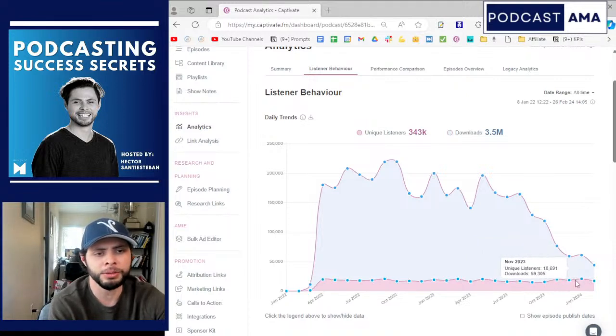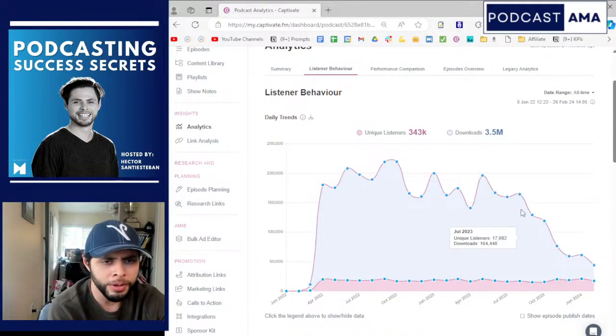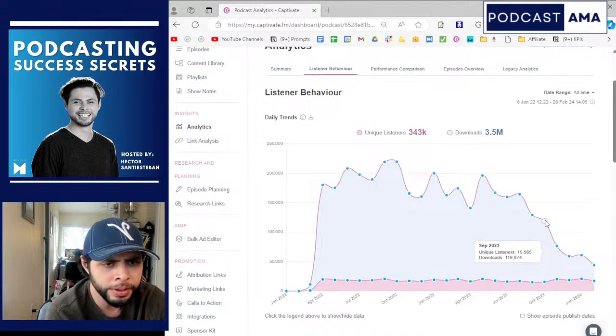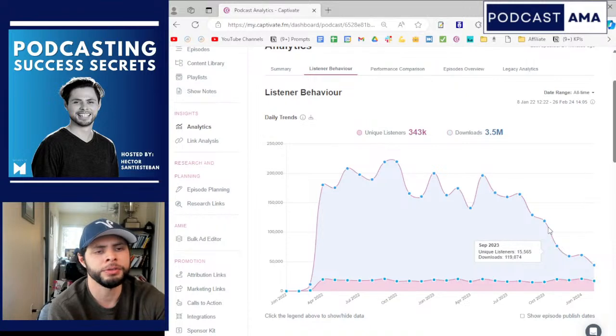In fact, over the last little bit, it's gone up a smidge. But you'll notice the cliff, right? The cliff happened right in November when the iOS shift happened. And you'll notice that boom, right away,